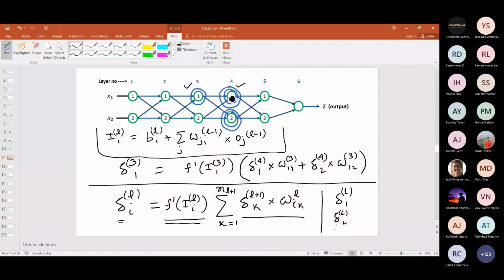Okay. So I think I'm running out of time. So I request you to take a quick look at it. Tomorrow we will have the other pending things, and then I will start CNN tomorrow. But I request you to take a quick look at these things, just to make sure that you understand these basics. Let me know if you have any question.